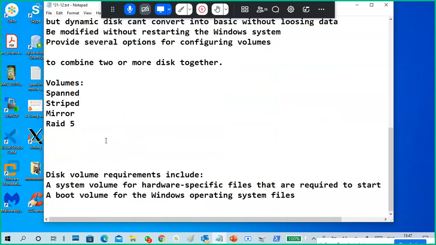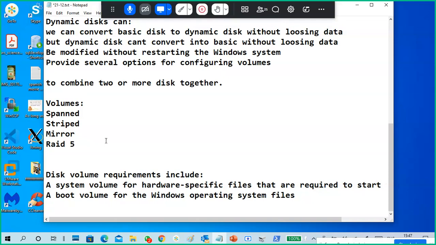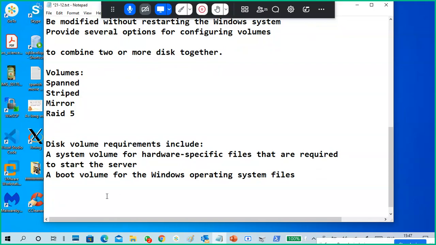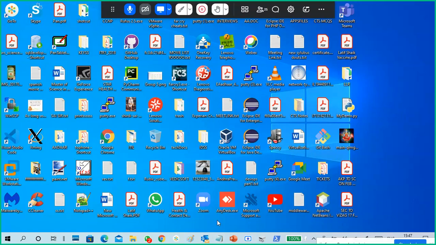Disk volume requirements: a specific volume is required to start the server, for the operating system files. So what is a basic disk? A normal disk.